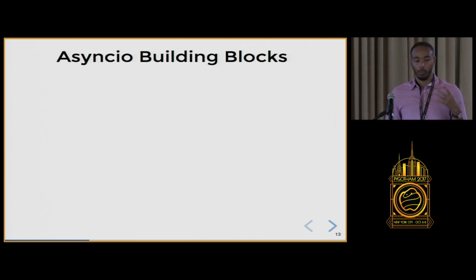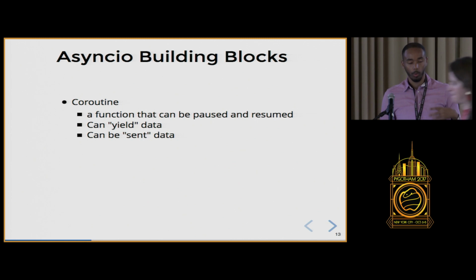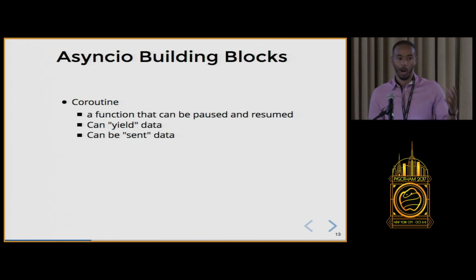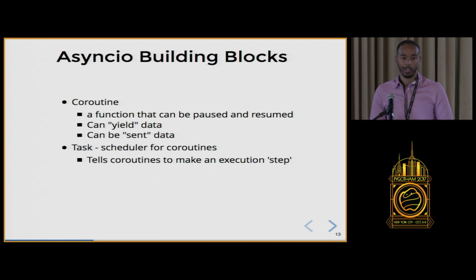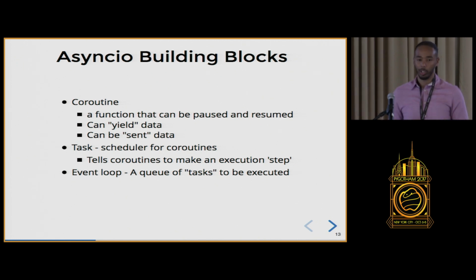The building blocks for writing Asyncio code are, one, a coroutine. A coroutine in Python is a function that can be paused and resumed. You can yield data from the coroutine and you can send it data. Another concept that we need to know of is a task. Now that we have a coroutine, we need to make the coroutine do work. So a task schedules a coroutine. It makes it move one execution step forward. And then finally, we have an event loop, which is something that takes all these tasks